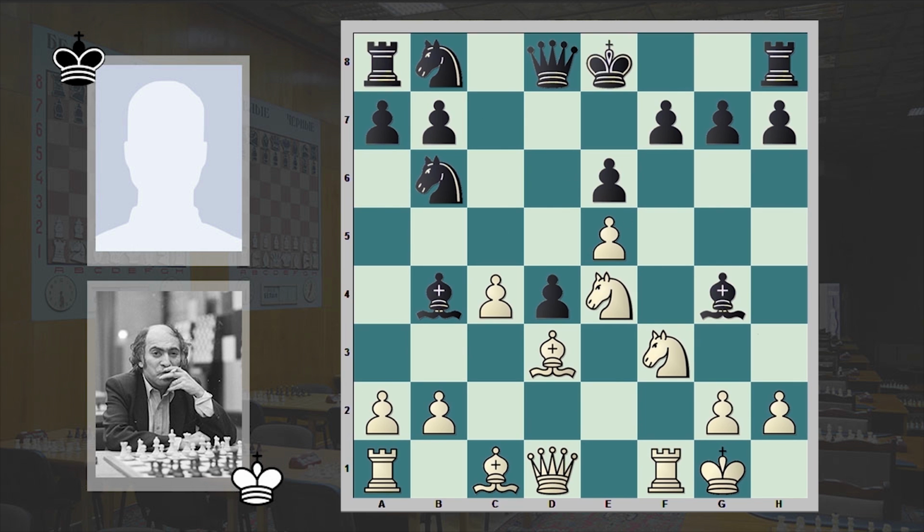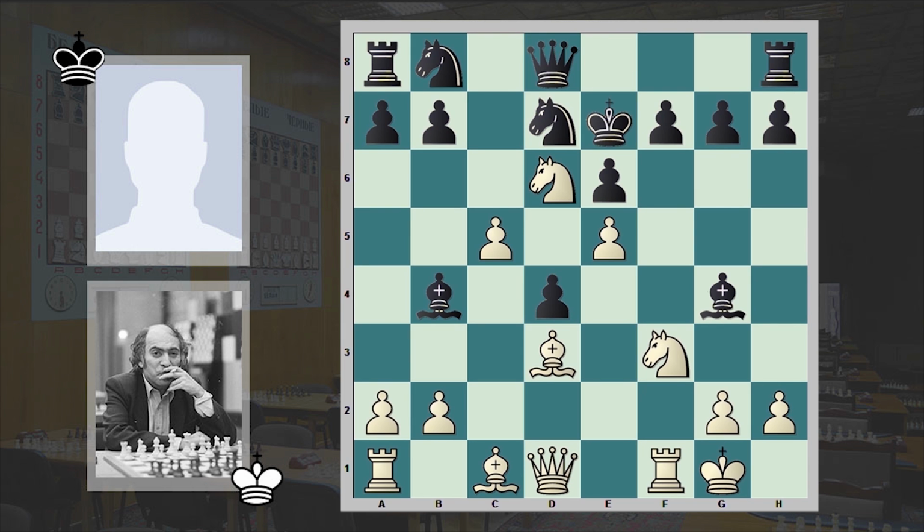Black captured on d4 and opened up the bishop's diagonal, thus covering the d6 square, but in this position Tal first played c5, attacked the black knight and at the same time blocked the bishop's diagonal, and after knight d7 he gave a check from the d6 square, and actually we can say that black's position is already hopeless. King e7, we have already reached the critical position, and now you can pause the video and try to find